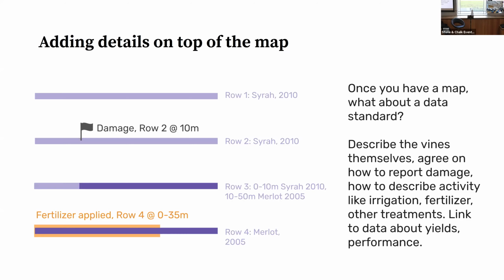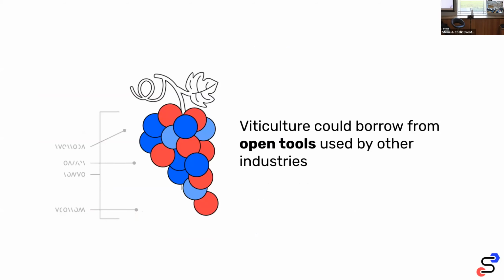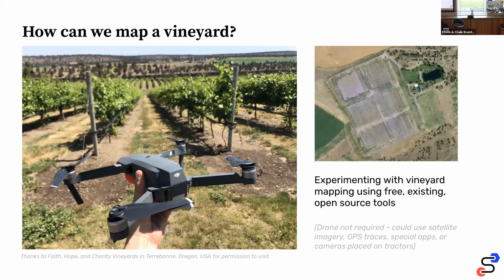So those are the sort of concepts that I wanted to share with you. I also wanted to give you a little bit more than just diagrams and ideas. I took some open tools, some of which we built, some that other people built, and I tried to experiment with going out to a vineyard to actually do this mapping, just to see what would happen. So there is one vineyard, exactly one vineyard anywhere near me, and they were happy for me to come and get some imagery. So the first step here was trying to create a base map where I could start to draw in those rows. And there's a bunch of ways to do this.